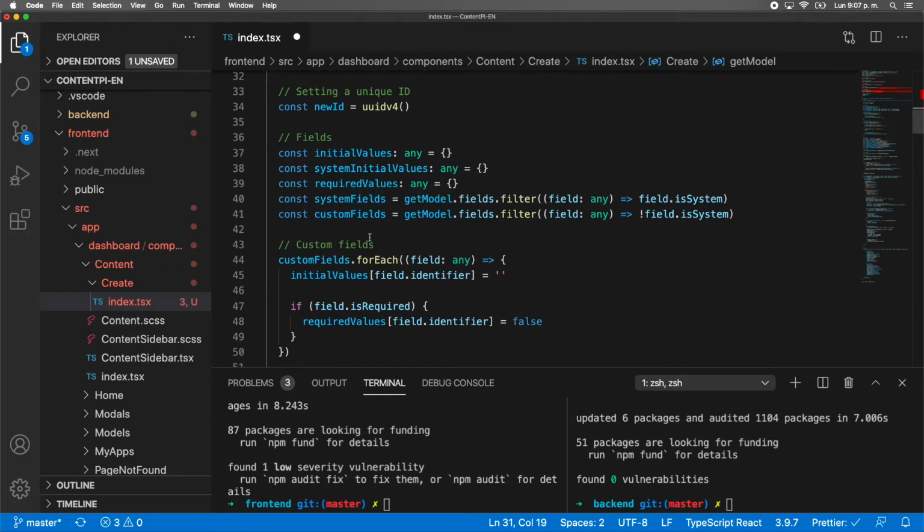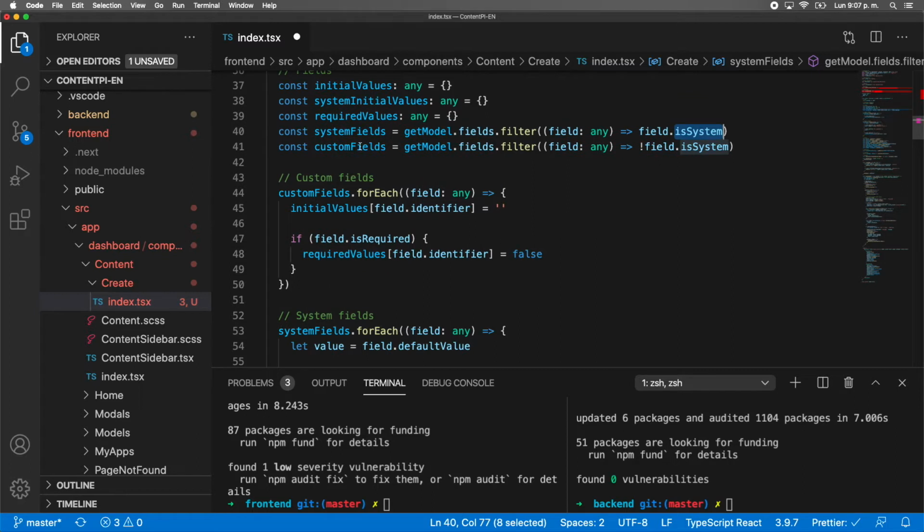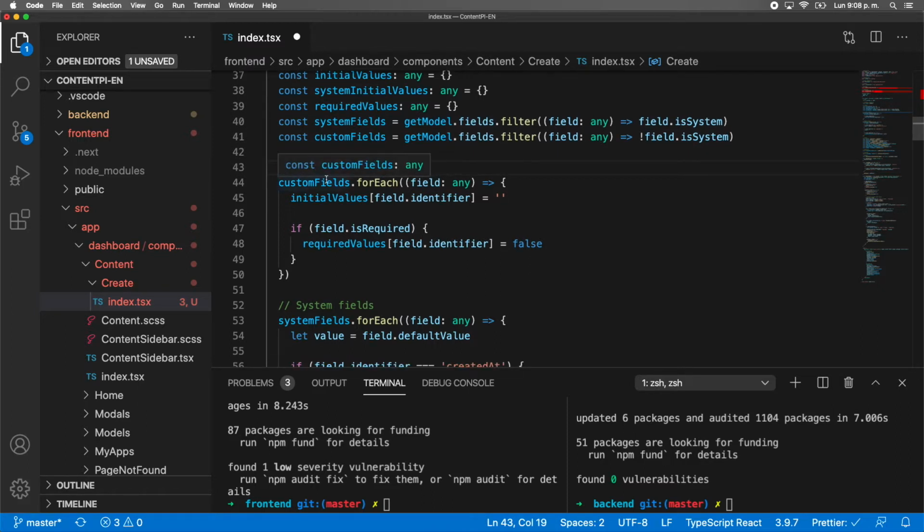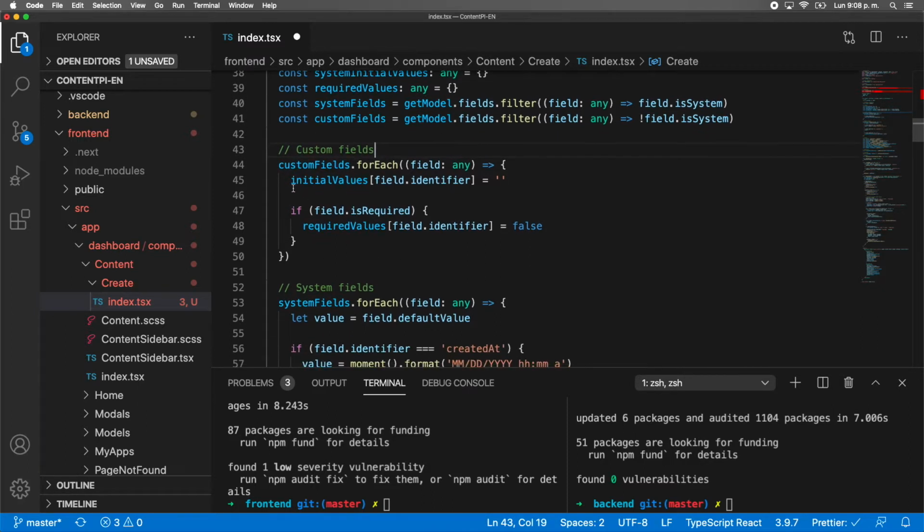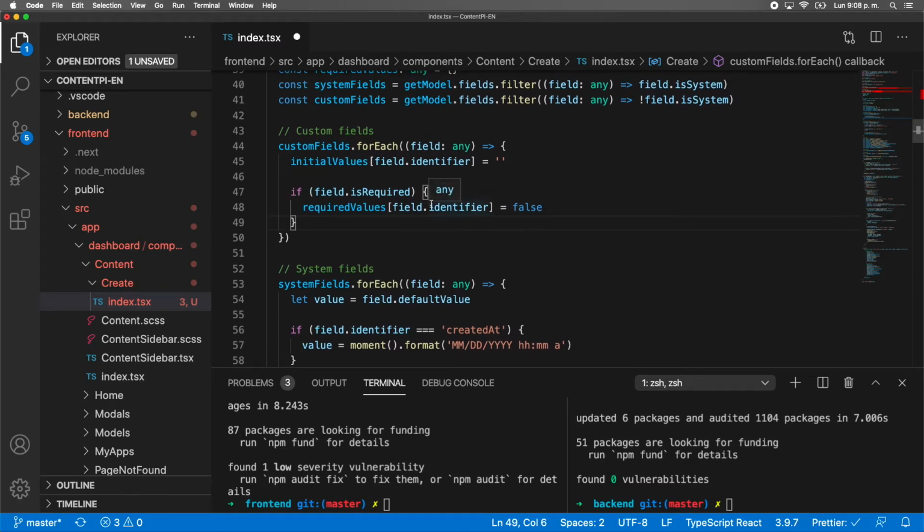So the thing is that our system fields are going to be filtered from our getModel.fields only where the field is system, and the custom fields are basically the ones that are not system fields. In order to initialize our values, we need to do initial values and then field.identifier. Like for each custom field, we need to do this, initialize with nothing or with an empty string. And then if that field is required, basically we're going to also initialize required values using this identifier. So for example, if the title is